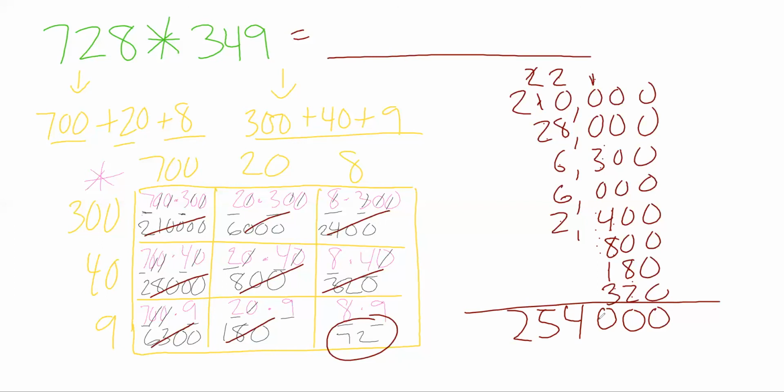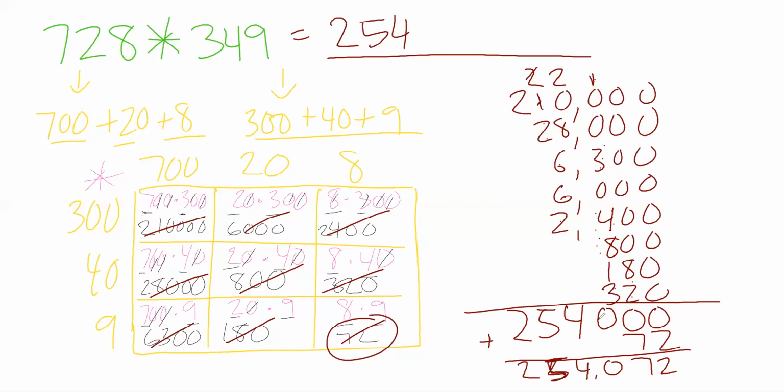And then I have a 72 I still need to add on, which I guess now I just have to change the 10s in the 1s place. Everything else stays the same. Okay, so there we have it, 254,072. So again, I really jumped through these because I feel like we have talked about this process on so many levels already. So just one last thing to remember with all